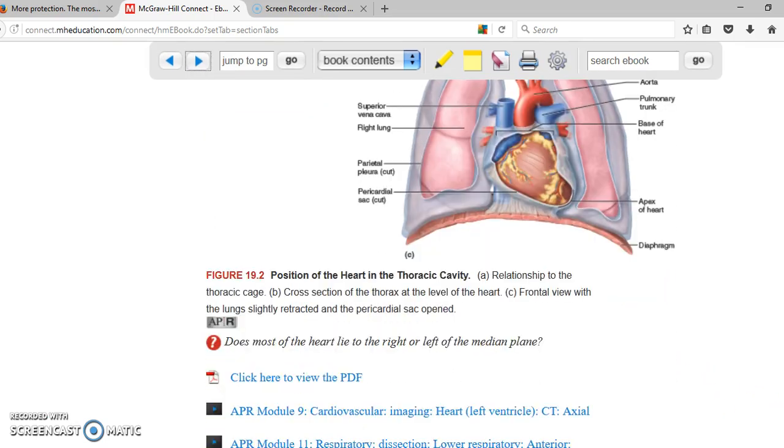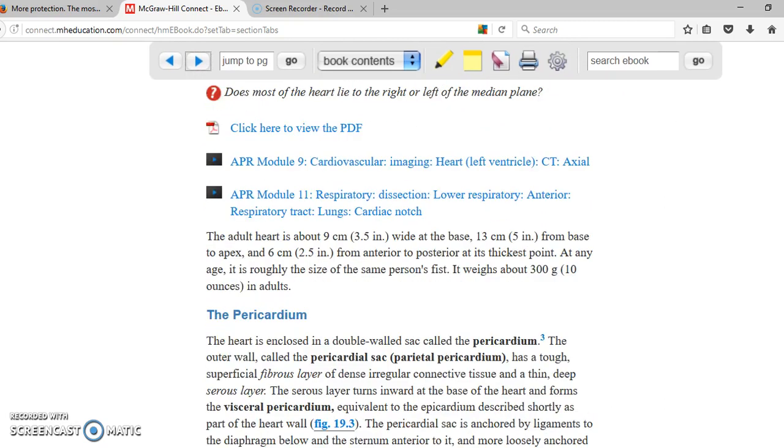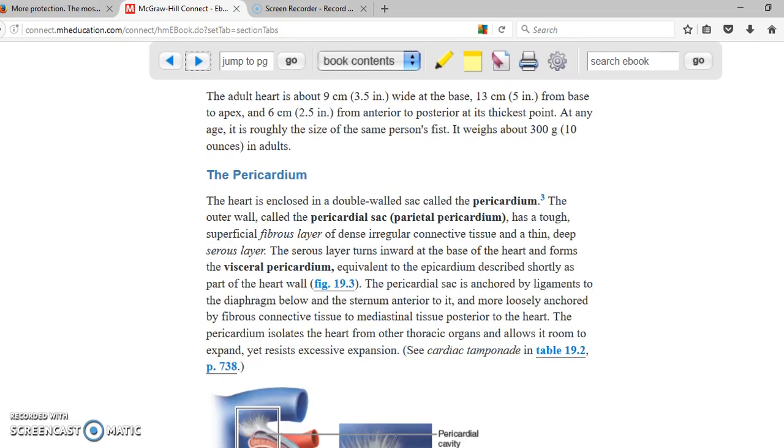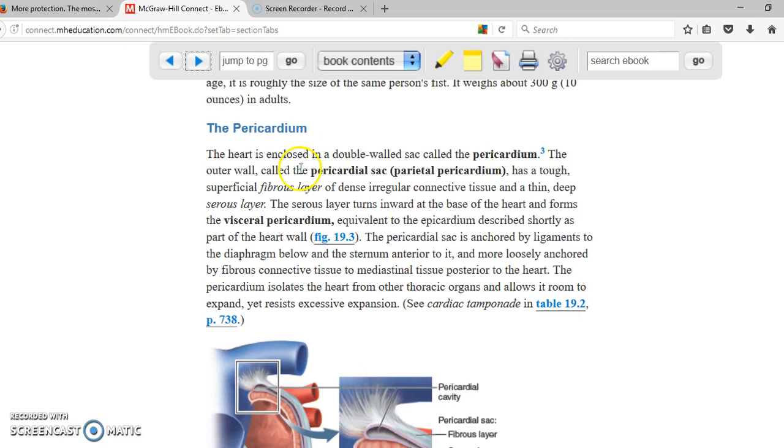Obviously in here as well, you see it's located more or less in the middle, in the mediastinum. So the heart obviously has a very close relationship with the lungs, and because of that, the heart is covered by a membrane called the pericardium. The pericardium has two layers. One is the parietal pericardium, and the other one is the visceral pericardium. Obviously, it has two layers because the pericardium is a mucous membrane, and as you know, the mucous membrane has two layers, and in between the two layers there's going to be fluid, which is obviously